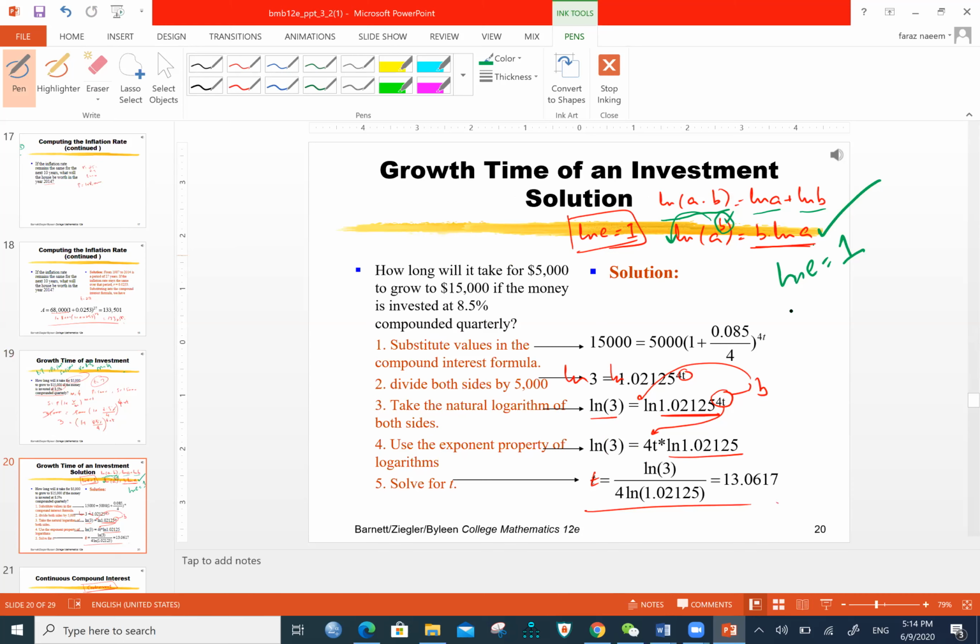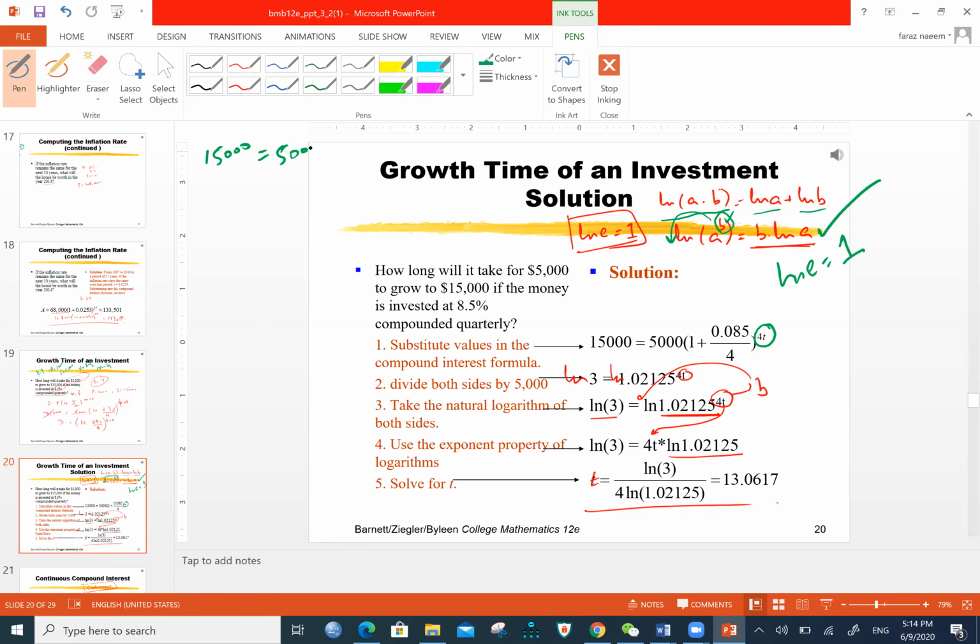So we need to find t, and it is in the power. We need to bring it down. We can bring it down only if we take natural log on both sides. So we apply natural log on both sides. The equation is